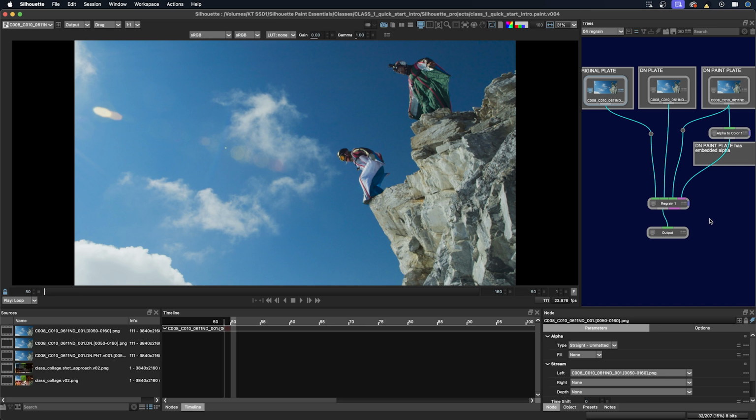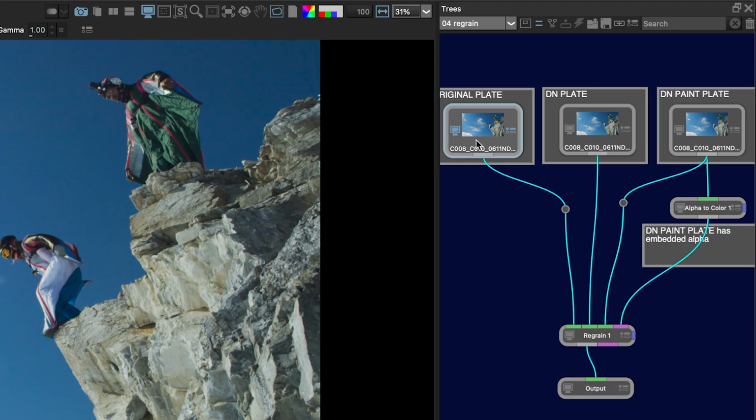With the new regrain node, it's easy to add back the grain. I have the original plate on the left, the denoise plate in the middle, and the denoise painted plate on the right. Here on top of the regrain node, you can see that each of these inputs is labeled for the different inputs: plate, degrained, and the comp, which can be the painted plate. Inside the painted plate, I have the alpha where our paint was.